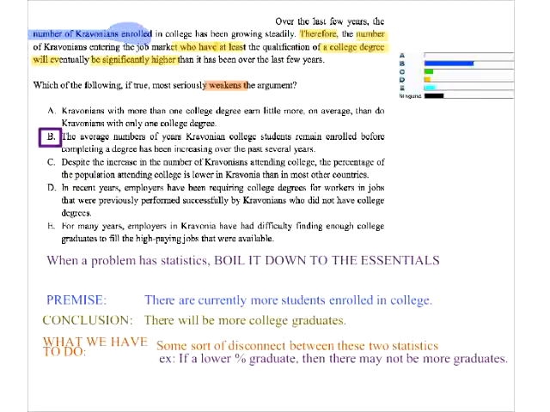What B does is say that people take longer to graduate from college. So if people are staying longer, then there will be more enrollees